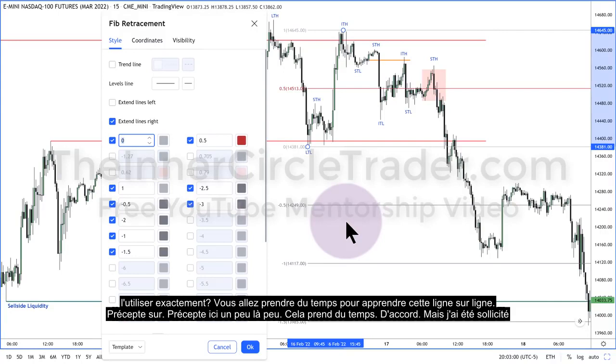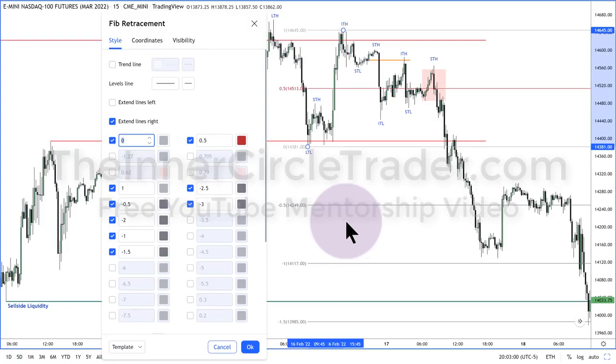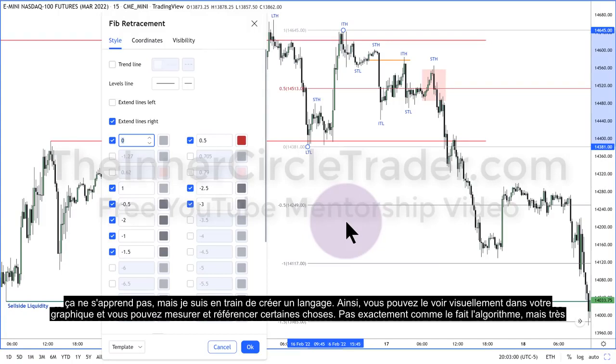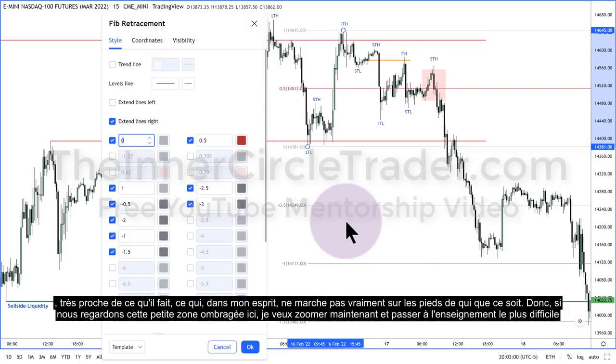But I got requested to teach market structure, and this is my interpretation of market structure because I'm leaning on algorithmic principles that are in the marketplace that can't be taught to you. But I'm creating a language so that way you can see it visually in your chart and you can measure and reference certain things, not exactly like the algorithm does, but very, very close to what it's doing, which in my mind doesn't really step on anybody's toes now, does it? So if we're looking at this little shaded area here, I want to zoom in now